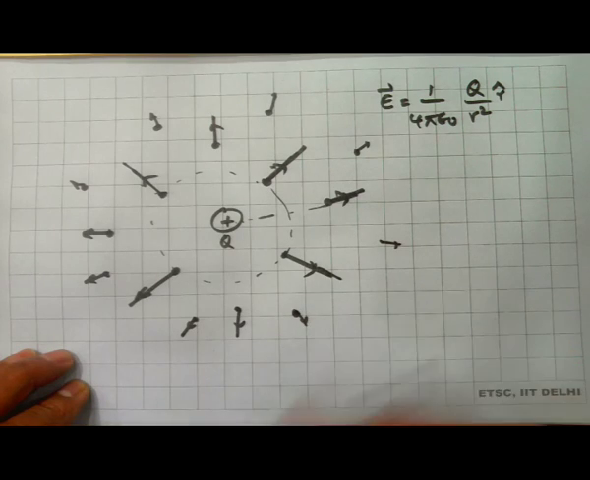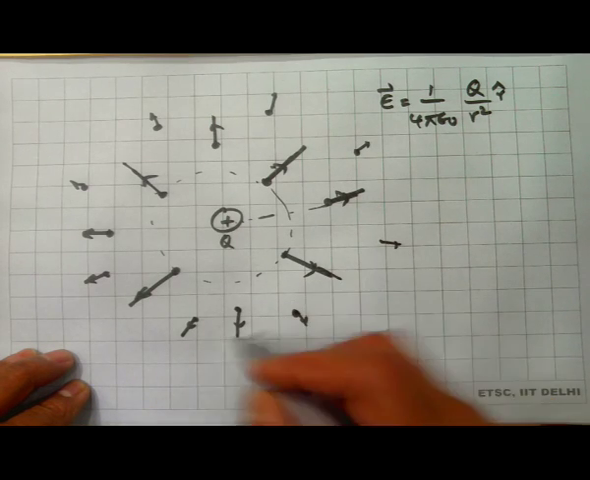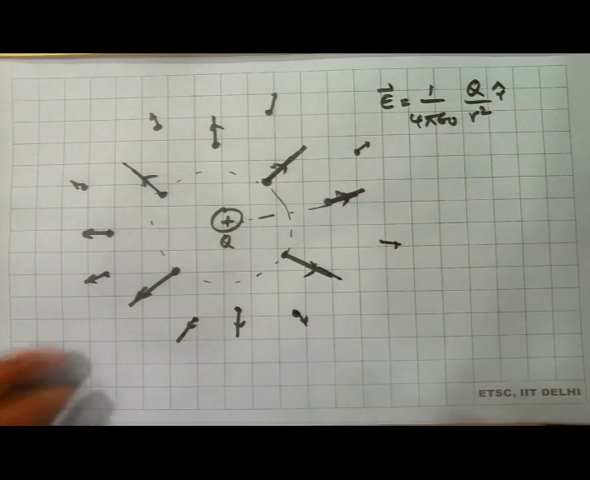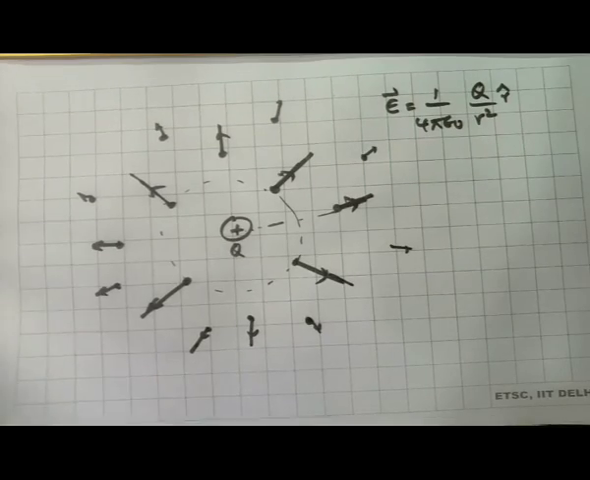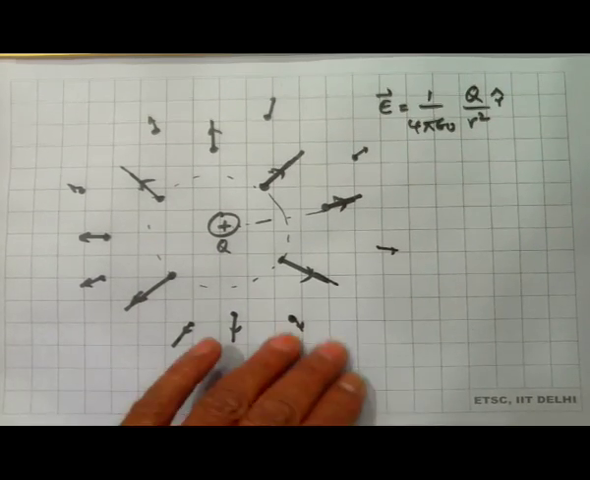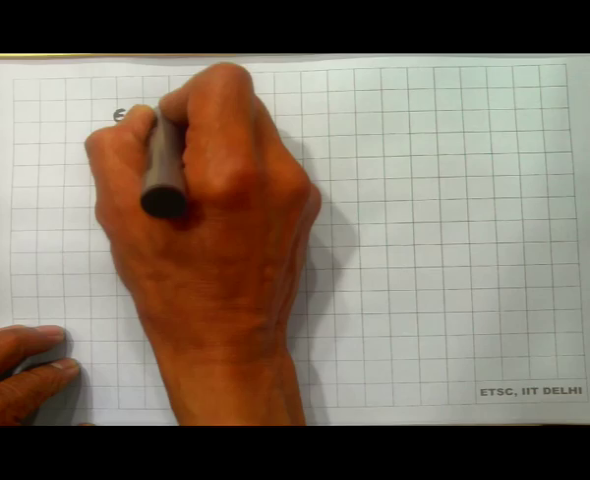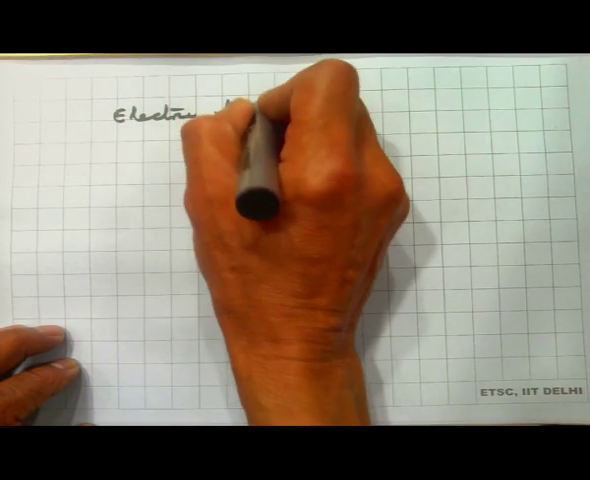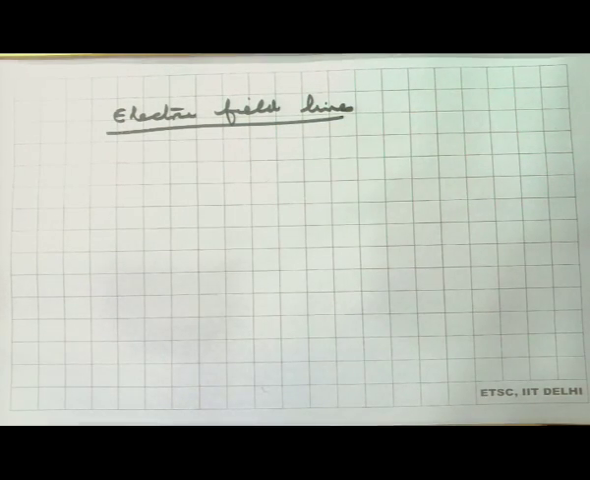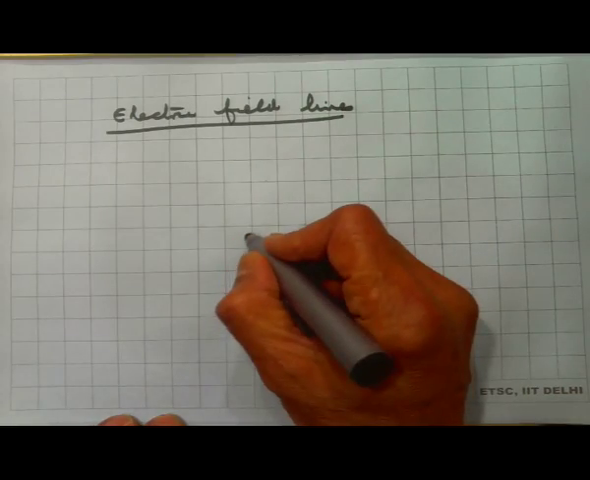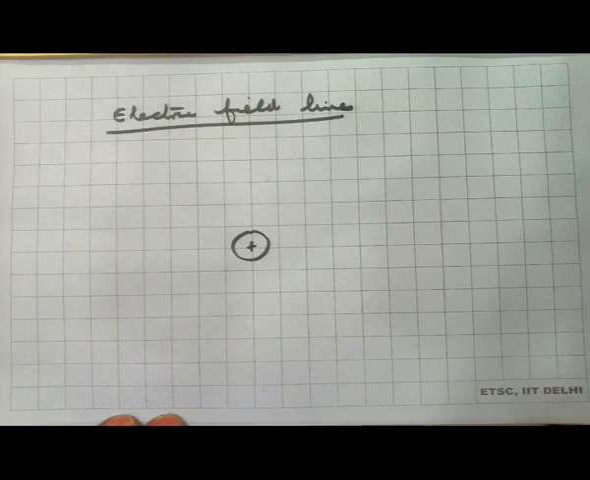So, this is one representation of electric fields, but there is a problem in this. There is a better visual representation which Faraday discovered, and that is as follows. We draw what we call electric field lines, which are such that the tangent through that line gives me the direction of the electric field,